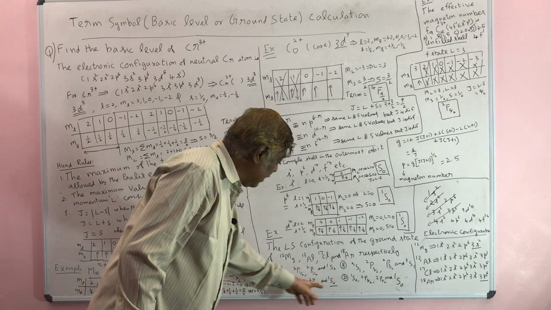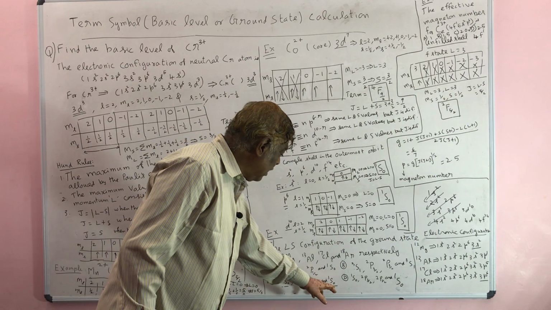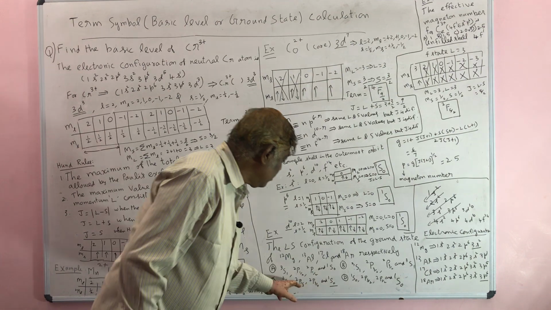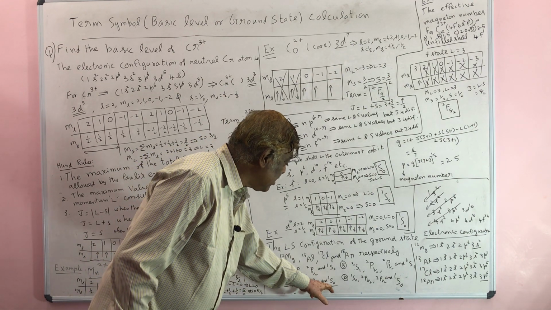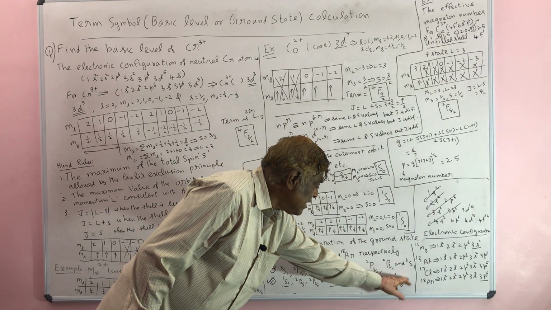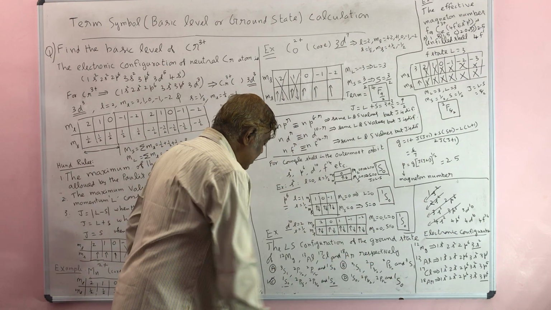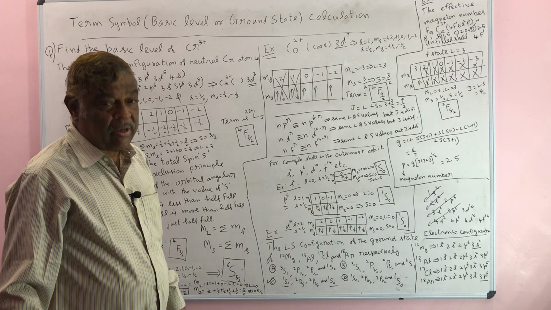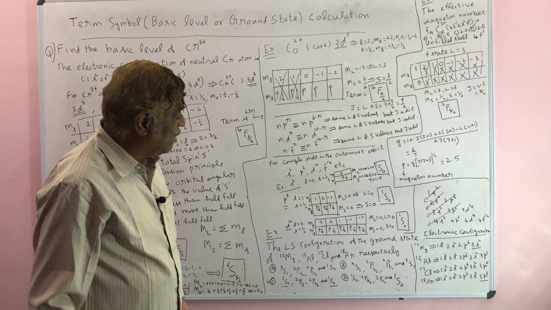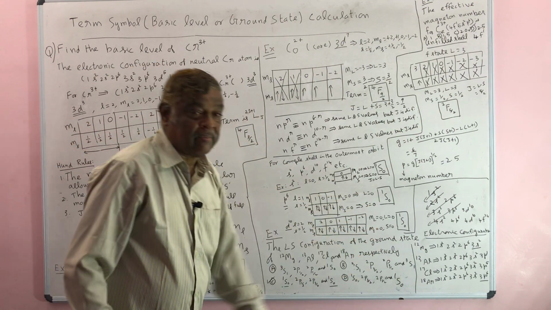So if the two are identical, then you have to do the calculation. If the two are identical for two cases, you have to do the calculation. What is the two? 1s0 is here, 1s0 is here, and here it is different. Then you can simply neglect A, B, D, and you can choose C. So you have to do it very quickly also. So you do not waste your time by finding the term value for each atom separately.